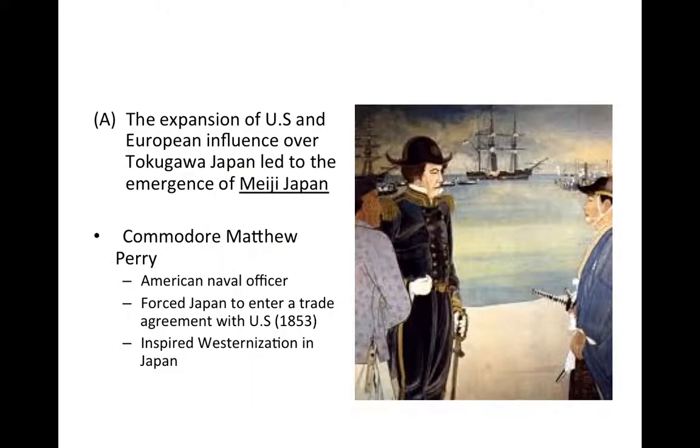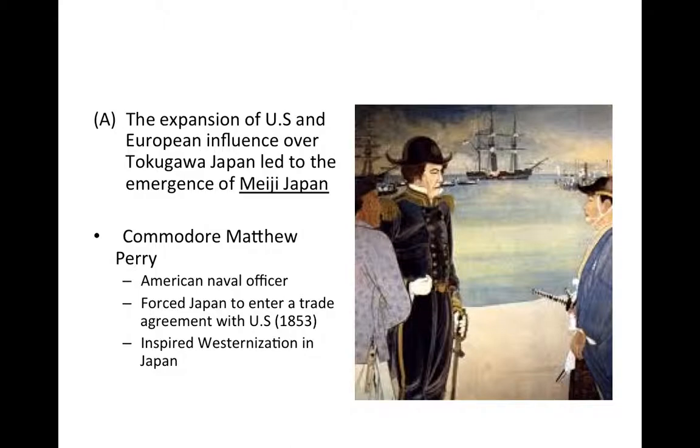All right, so subconcept A states the expansion of the U.S. and European influence over Tokugawa Japan led to the emergence of the Meiji dynasty. So that's important, right? Notice the Meiji dynasty is mentioned in the core curriculum, so you have to understand the ins and outs of that dynasty. So basically, we go from an isolationist Japan during the Tokugawa reign to a more open and accepting reign during the Meiji dynasty, right? So we're going to see the increase of industry and westernization in Japan, but not colonial takeover. In fact, Japan was becoming an imperial power. They were able to resist imperialism, but they were opening their doors to, again, European and American influence.